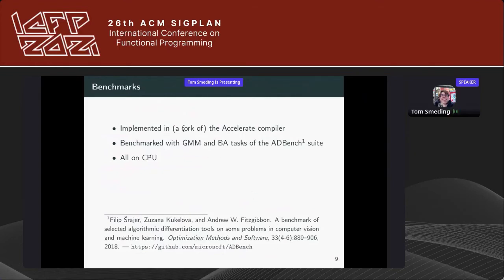It's implemented as a broken transformation in the fork of the Accelerate compiler, and we benchmark using the GMM and the BA tasks of the ADBench suite, which is a benchmark suite of a few programs that are taken from real world situations that it might be useful to do AD on, and there are a couple